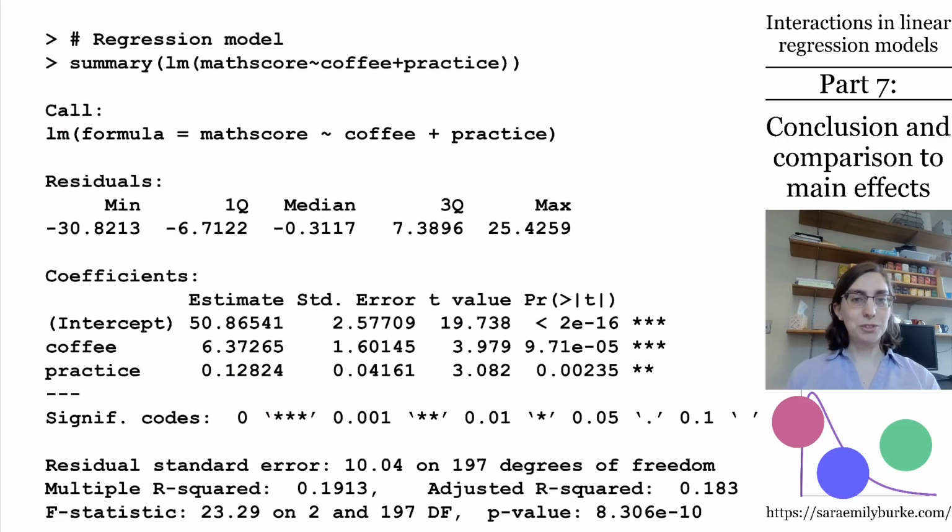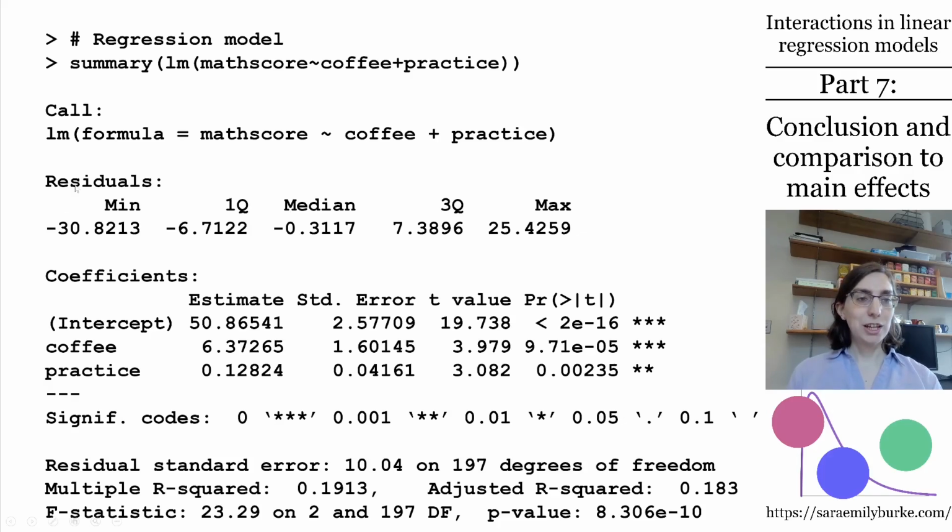Here's that regression model. The intercept, 50.87, represents the fitted value for participants who did not drink coffee and had 0 minutes of practice. The slope of coffee, 6.37, represents the relationship between drinking coffee and test scores on average at any fixed point along the spectrum of practice. In other words, participants who drank coffee scored 6.37 units higher on the math test, given a fixed value of